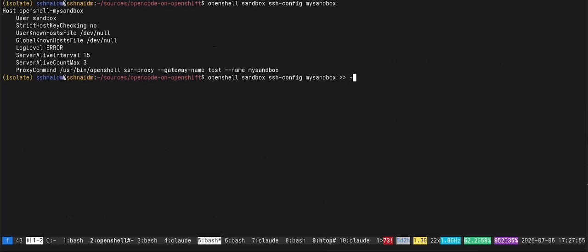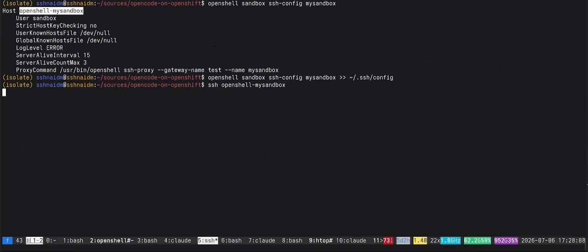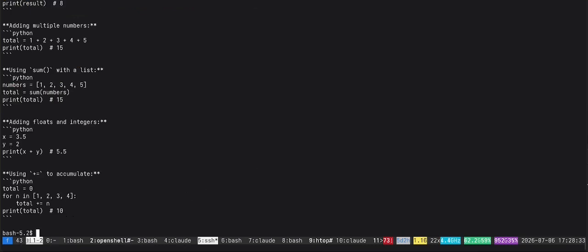Let's add it to our SSH config. And let's SSH to the host openshell-sandbox. And just to check, we will run our usual opencode command. So you can see all authentication worked, and you can use it as is.